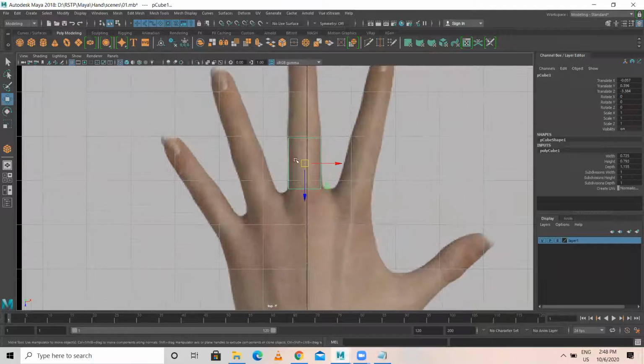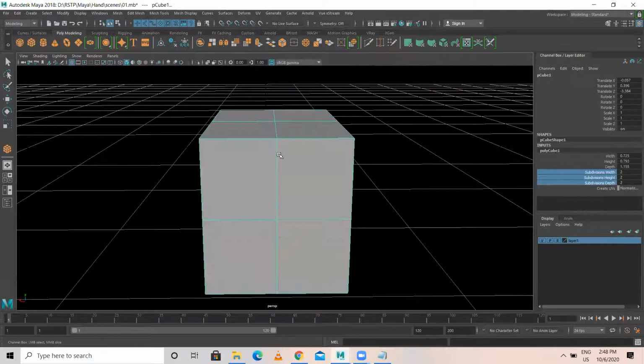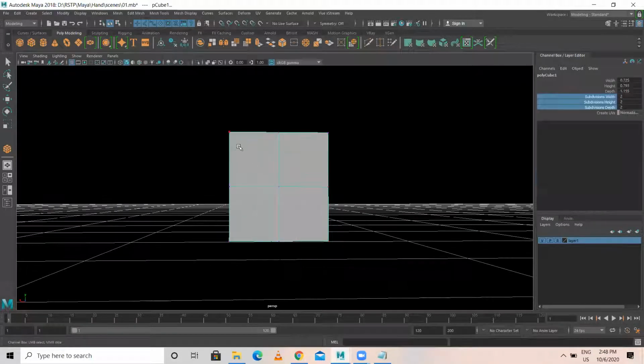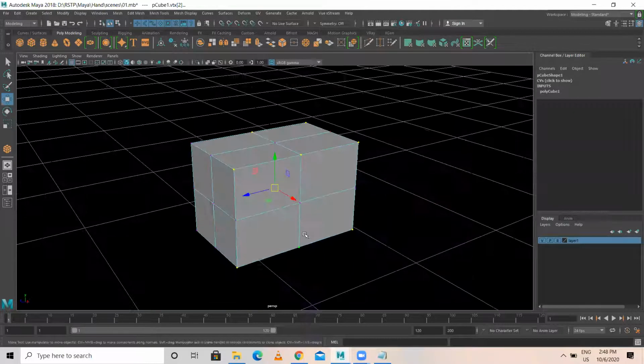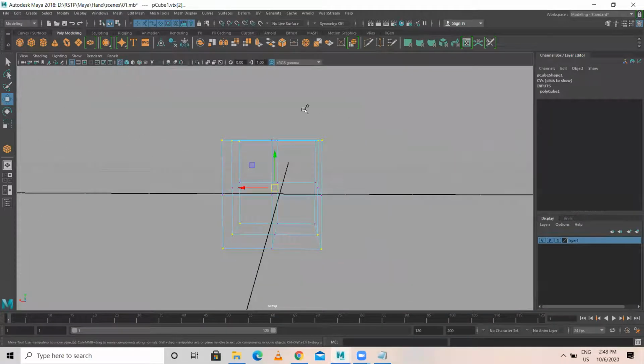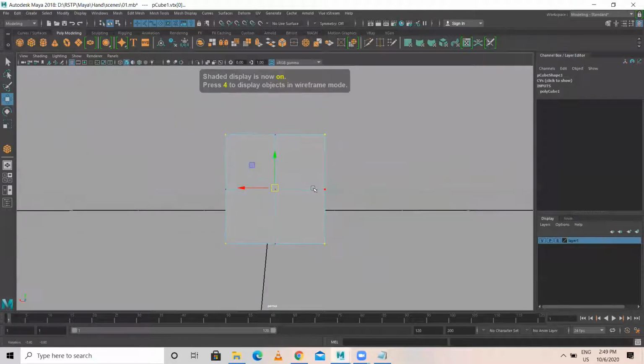So over here, now what I'll do in the polycube, subdivision width, height and depth, add 2. Everything you add 2. Like this. A simple cube is something like this. Now what I'll do, select the corner vertices. Corner vertex in the sense like this, like this. Select the corner vertex and scale it like this. So it should be like this.